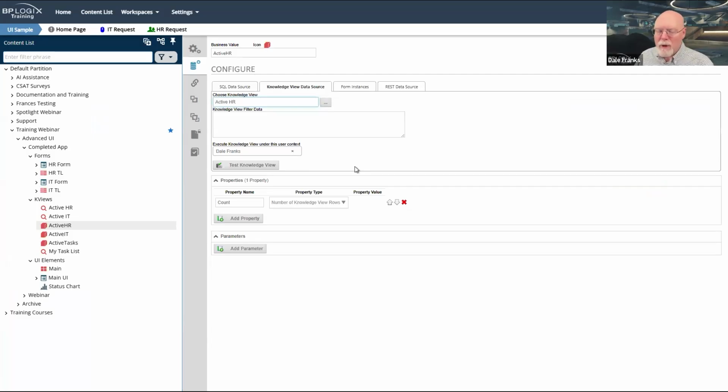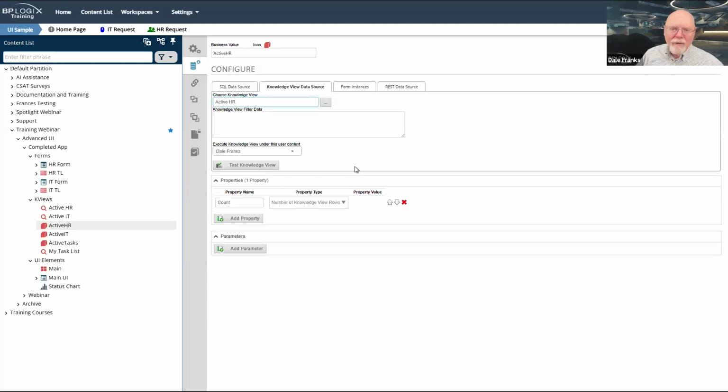It's a good practice on your Process Director system to have, I don't want to call it an administrator, but kind of a super user account that has access to view pretty much any knowledge view on the system, so that I can build a knowledge view business value to pull knowledge view data using that user as the user context under which the business value runs and calls the knowledge view.